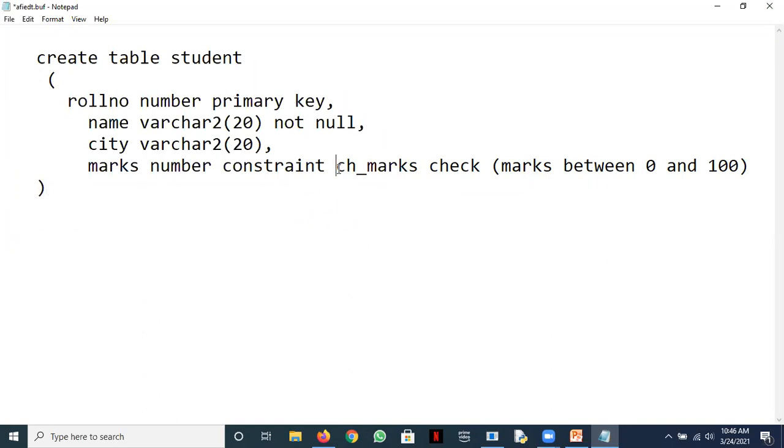You can see it here. How to give the constraint name? First the word constraint, then the name of the constraint, and then the constraint itself. And check should always be in parentheses.